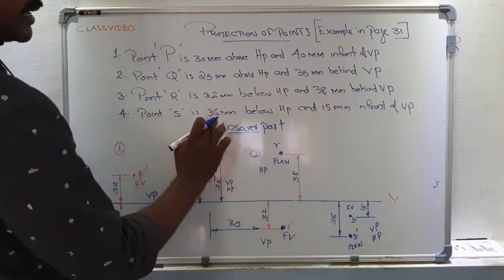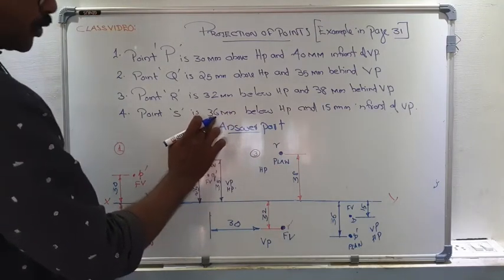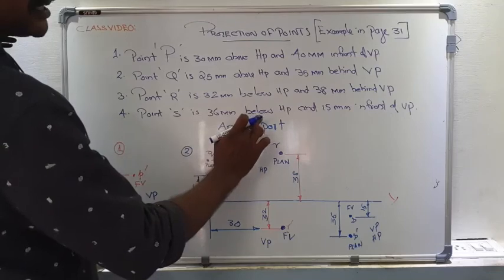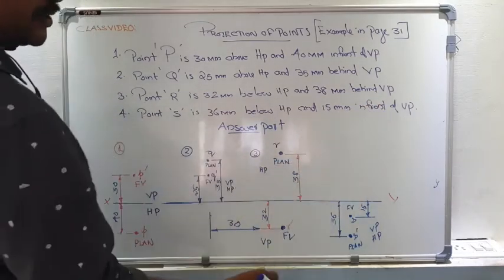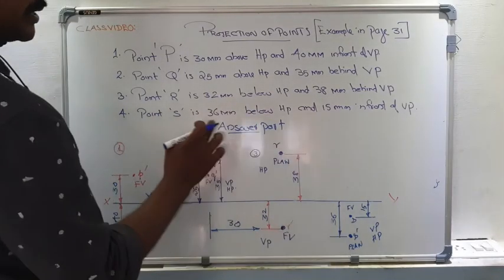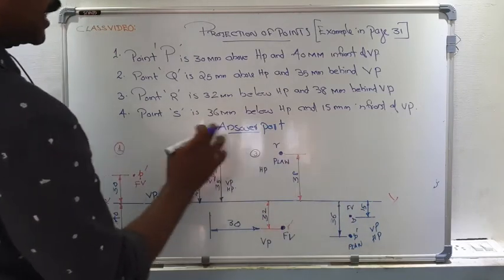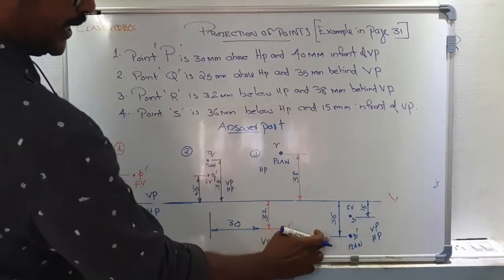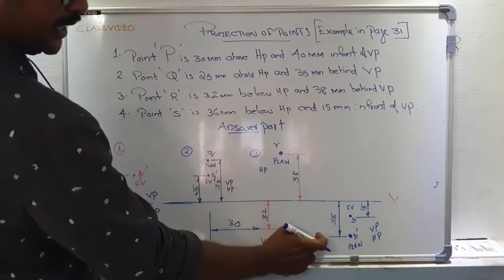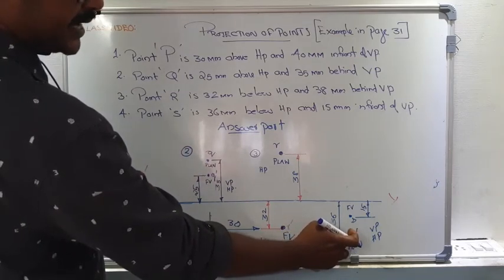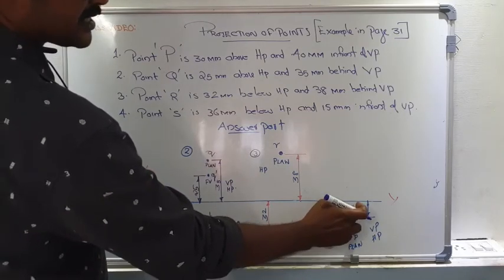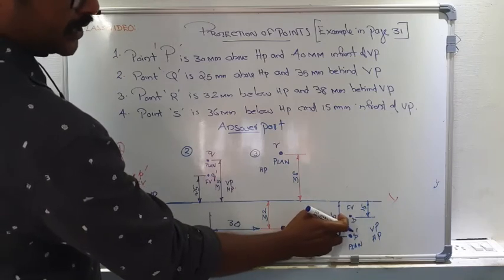from this hint we can understand our object is S, which is situated in fourth quadrant. That means 36 mm below HP and 15 mm in front of VP. So both the front view and plan also come below the XY line. First we have to put a point here, keeping the distance 36 mm below the XY line, denoted by the small letter S dash. And there is another point here, keeping the distance 15 mm from the XY line. That point is marked as S.